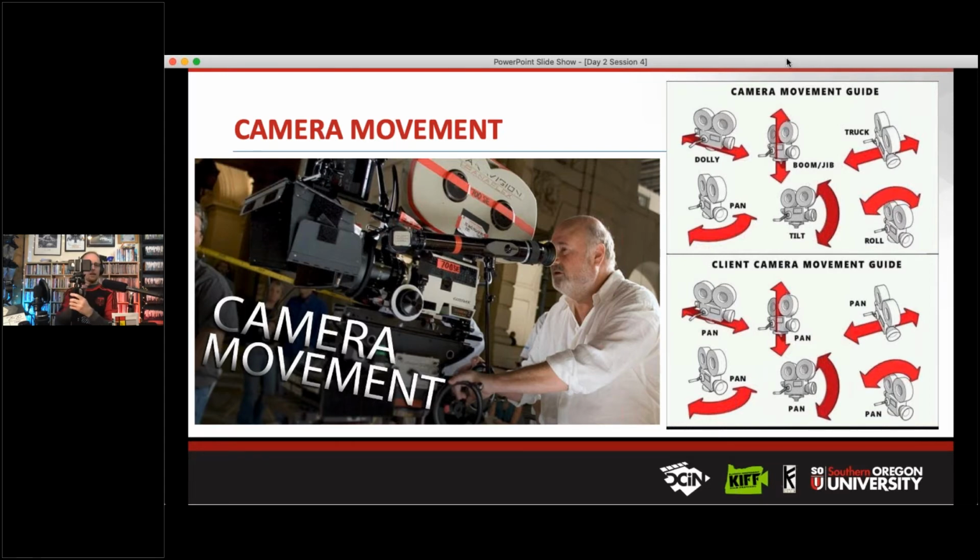So I can pan left and right. Dolly would be physically moving it forward and back. Tilt would be bringing the camera up and down. And then roll, tripods have roll as well. So if I suddenly wanted to go sideways and back up, you can do some really fun 360 stuff with